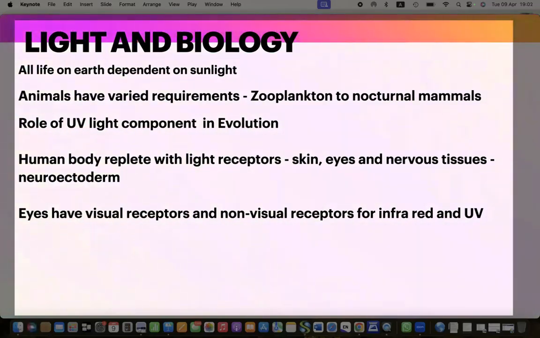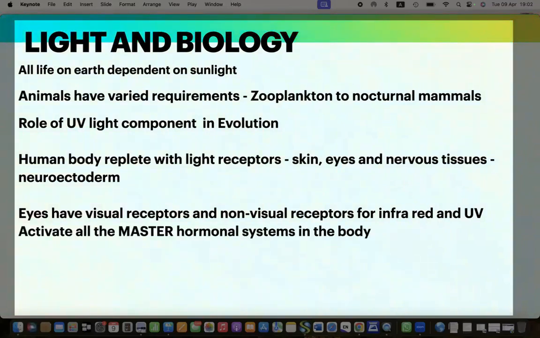That is the main central clock for setting metabolic and hormonal processes in the body. So they activate all the master hormonal systems in the body through this SCN, the hypothalamus, which feeds down into the pituitary gland, and a separate line is the melatonin receptor